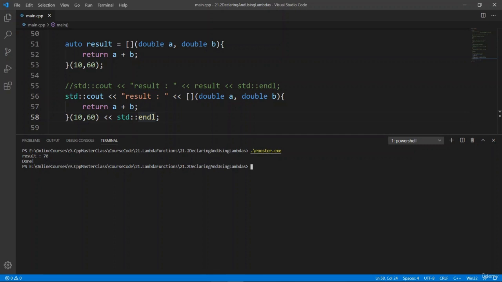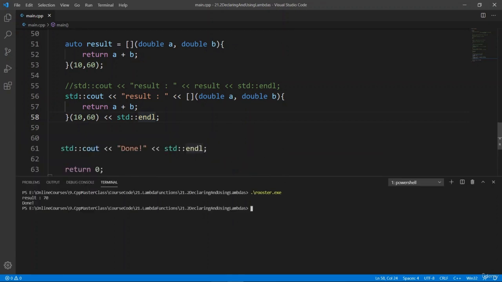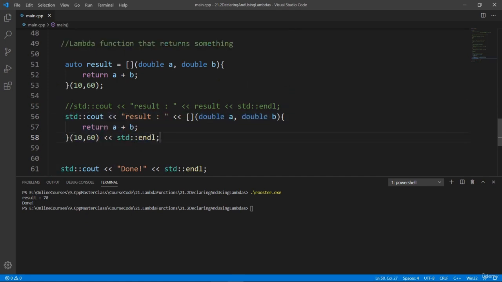We're going to see that result is 70, and this is coming from our call here, which is nested inside our std::cout statement. You can do this if you want. Another thing you can do, as we have seen before, is give your lambda function a name and call it